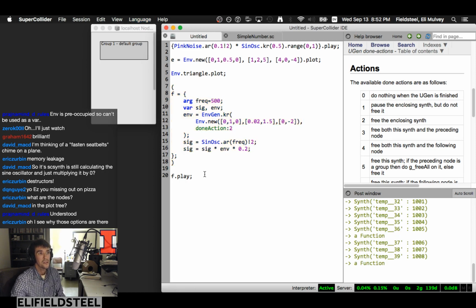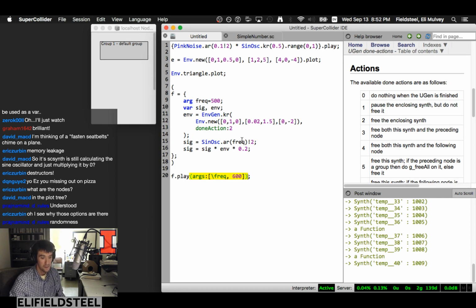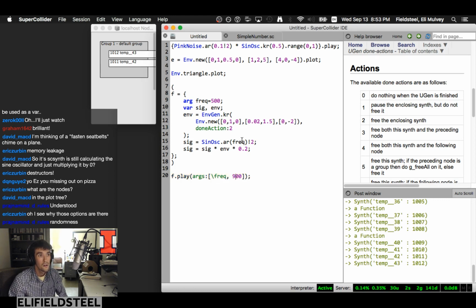Right, and so then if we say f.play, it's 500, but we can also do args: freq 600. Right. So now we can specify the frequency when we play the function, and we can also specify, for example,